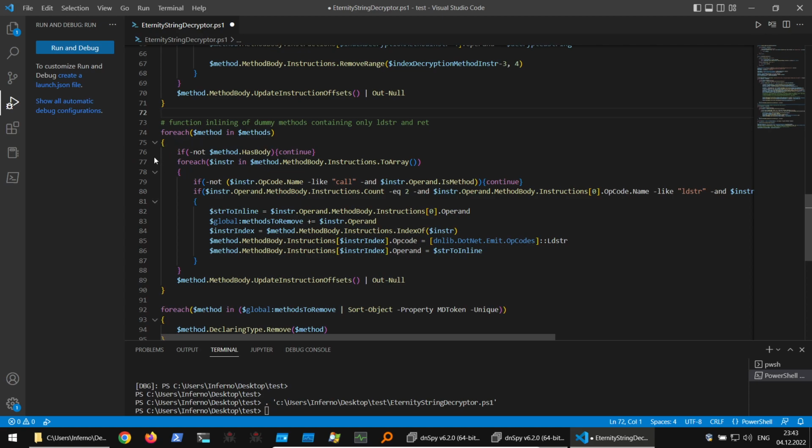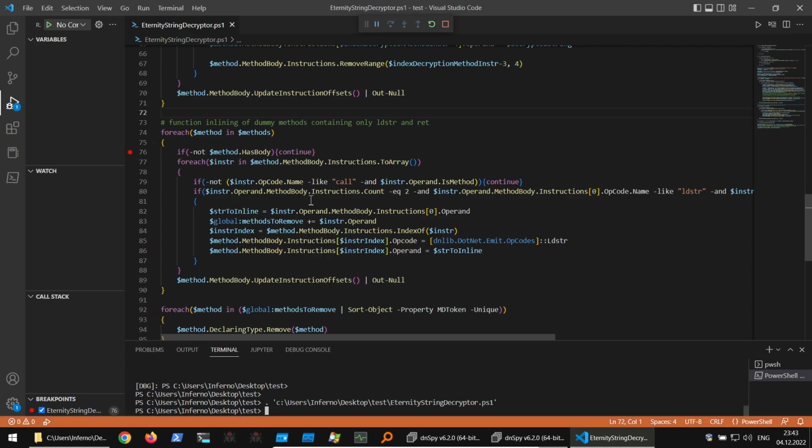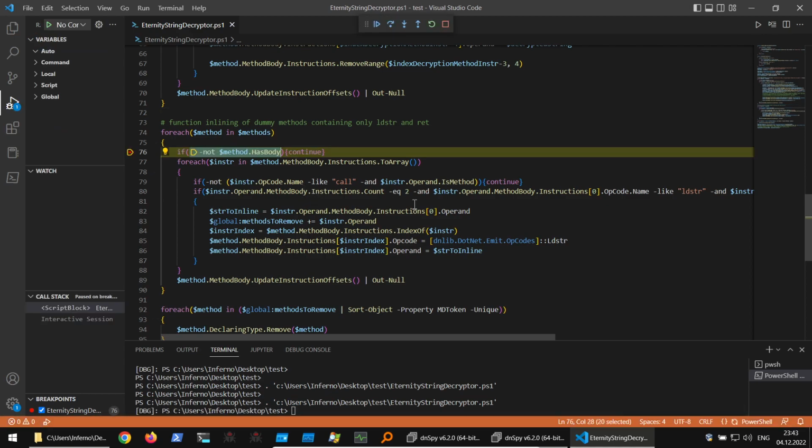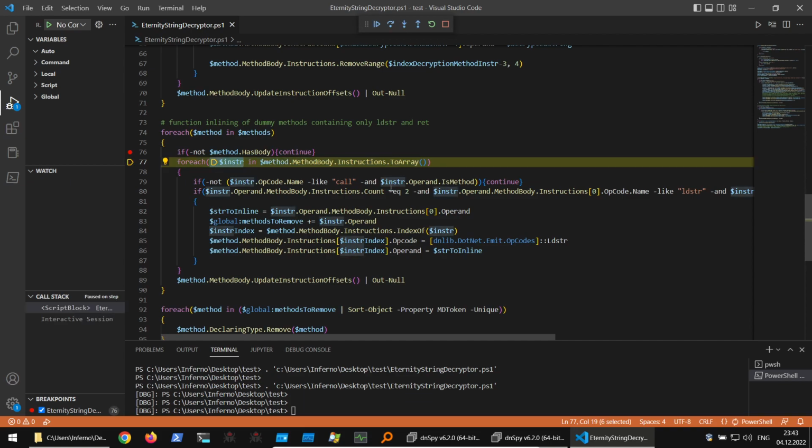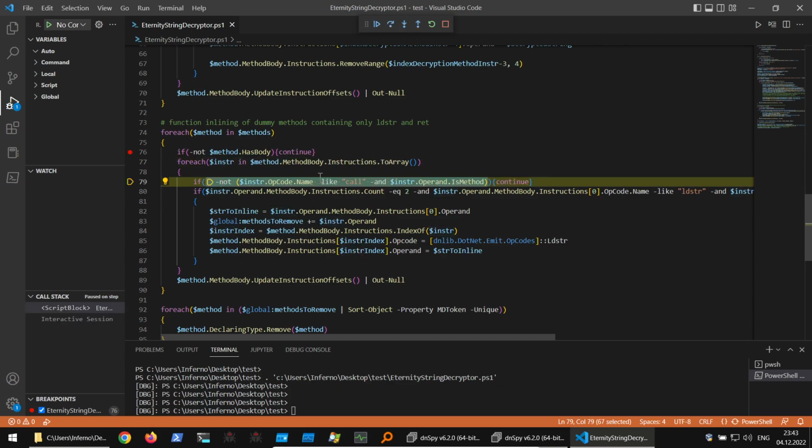So let's start with this one. In this one we are doing again the silly check if the method has some kind of body. If there is no body, continue with the loop. But if it has a body, just process it. So here is again the instruction to array. We already mentioned it, and now we will do some kind of check. If the opcode name is call and operand is method,